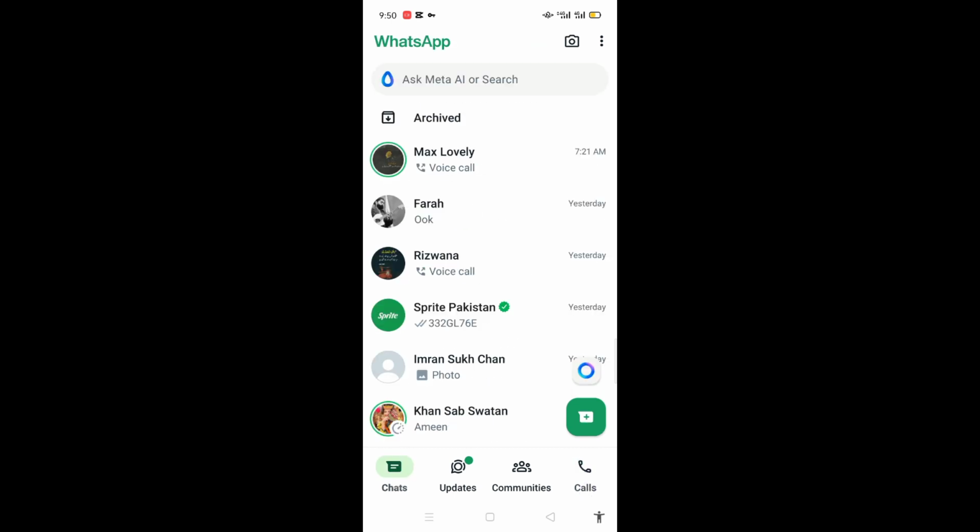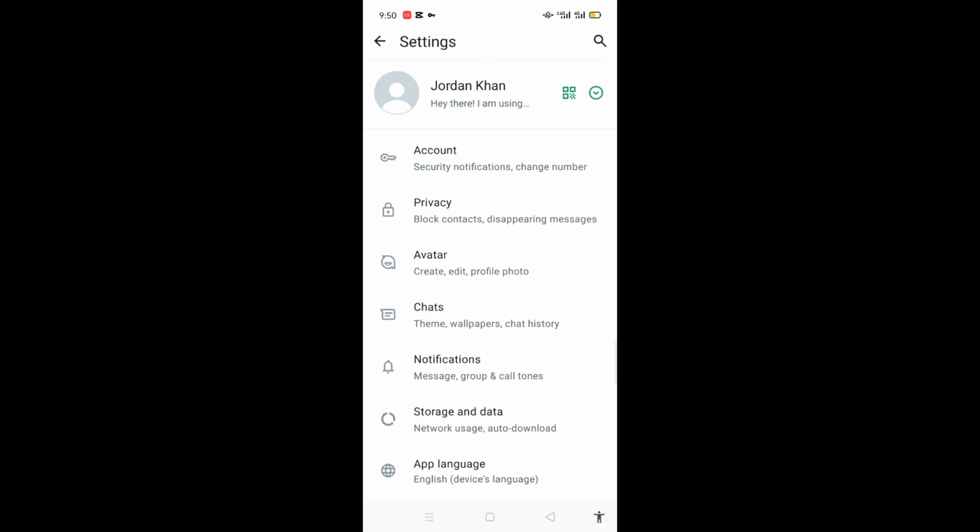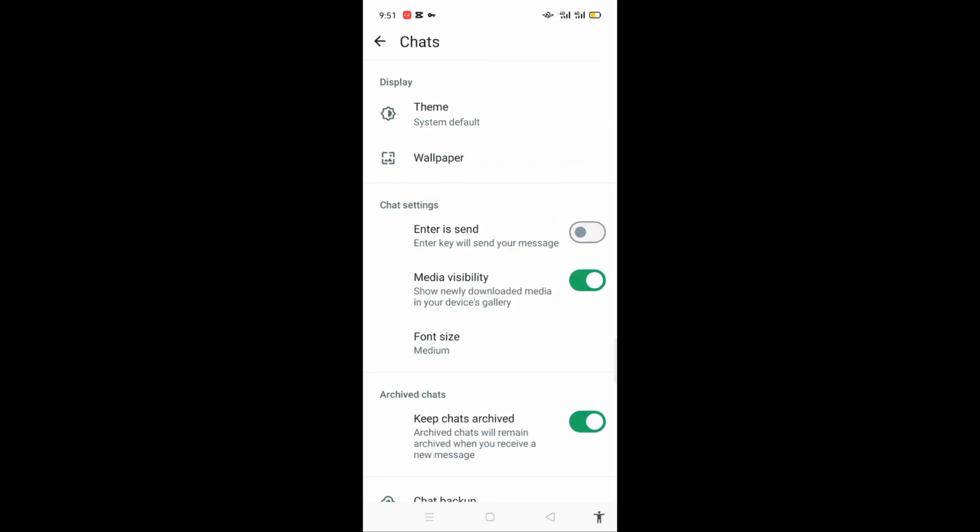When it's open, you have to go to the top right corner of settings and you will see the option of chat. You will just open the chat and the second option is the wallpaper. You have to just click on the wallpaper